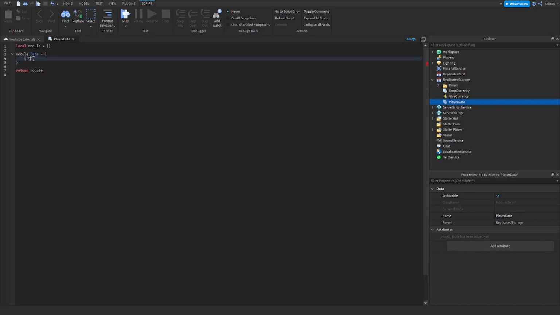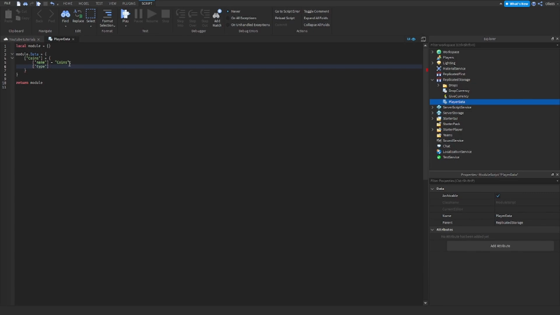So maybe coins, and that's equal to another table, and here we want to create name. Name equals, so we want to type the name again, so coins, then comma, and then another